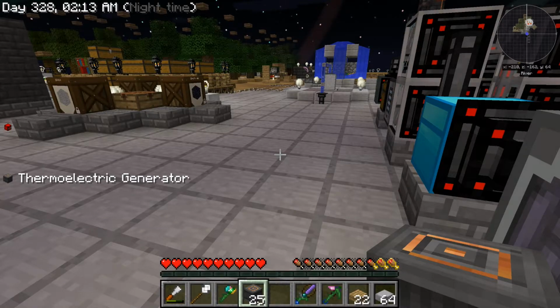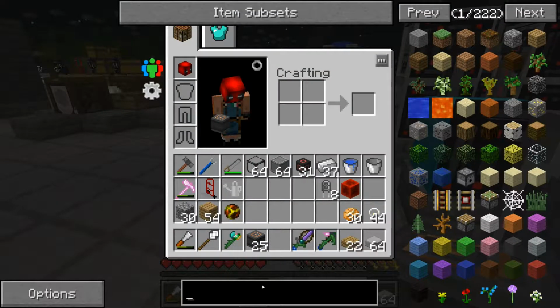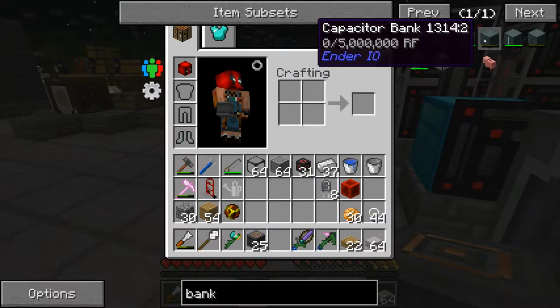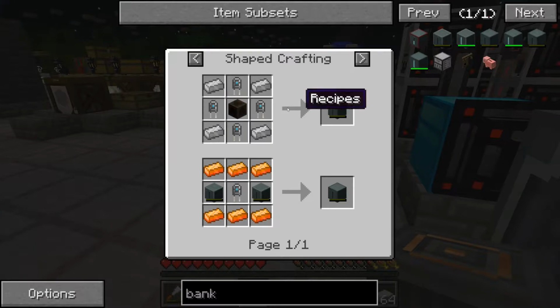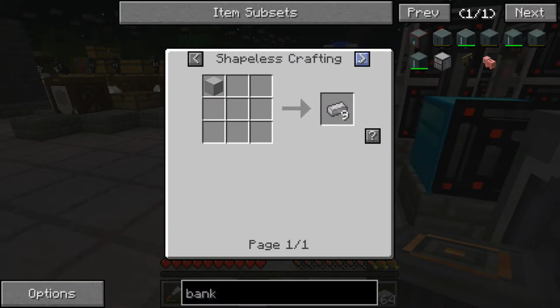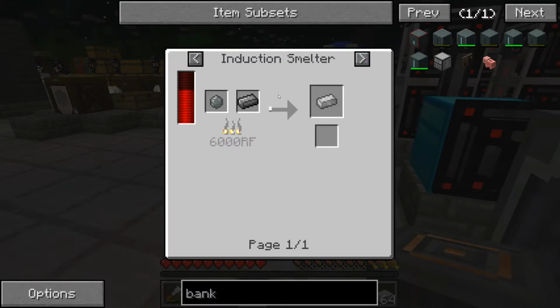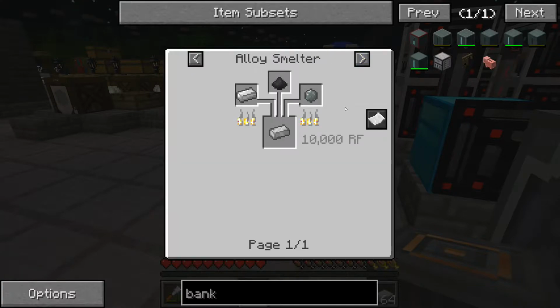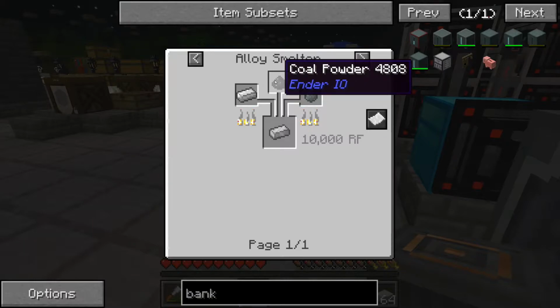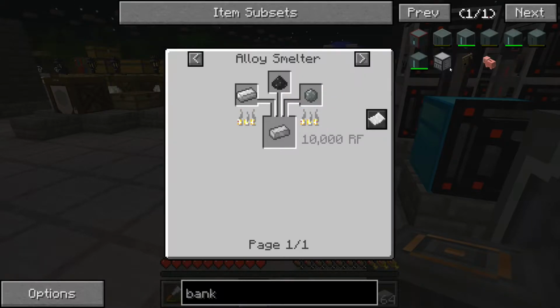Alright, the 25 thermoelectric generators block are done, and while we are at this, I want to make the next capacitor bank, called Capacitor Bank, that stores 5 million RF to put on top of my setup. So I'm gonna need 4 electrical steel, which I already made, and you can see the recipe with the induction smelter, like so, steel and silicon. Or if you want to save, you can use the alloy smelter with iron, coal powder or pulverized coal, and